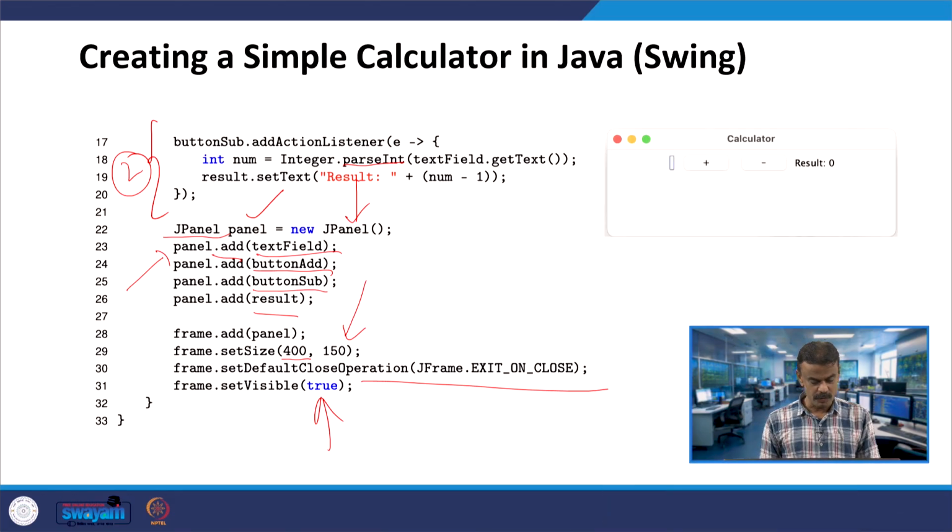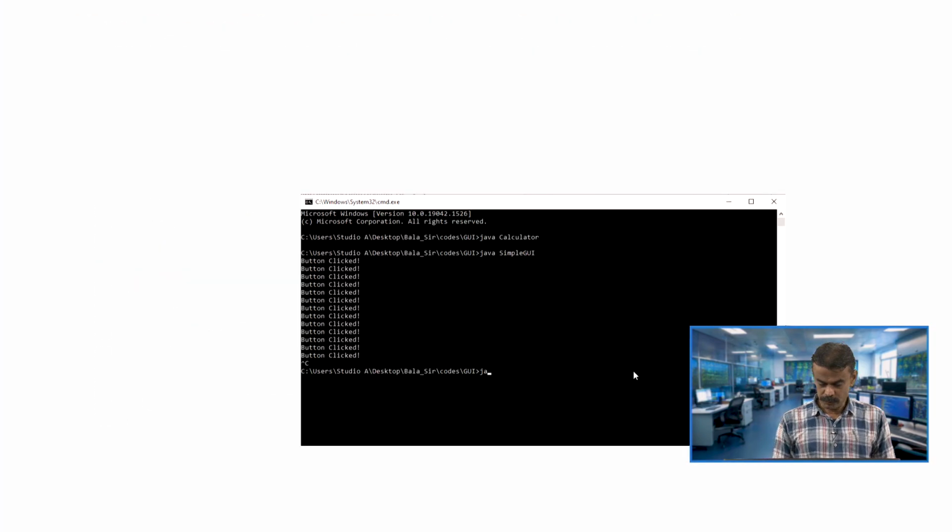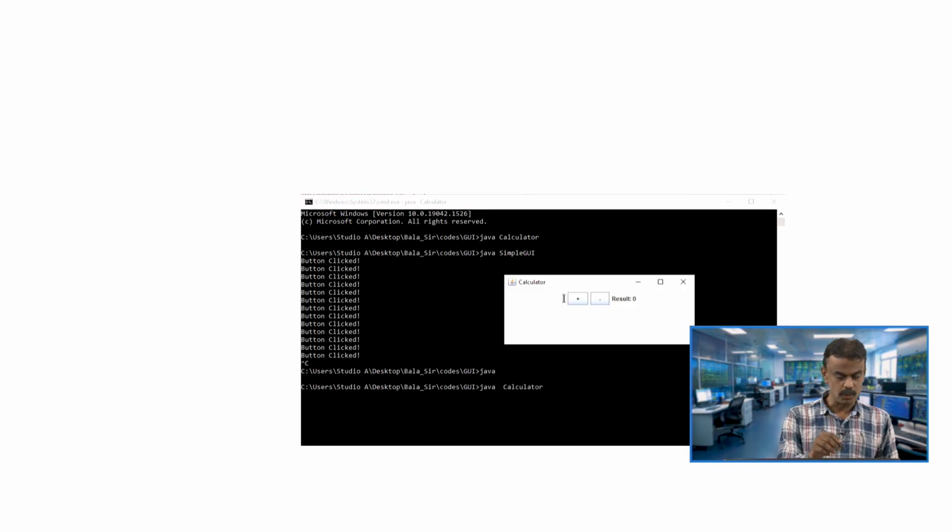So, what we can do, we will run the code and we can see the output. We will run the second code, Java calculator, yes, here you go, we are seeing the output, and then you see if I click plus, you can type whatever you want, the number 3 plus 1, 4, right. So, you can put 5, 5 plus 1 is what? 6.